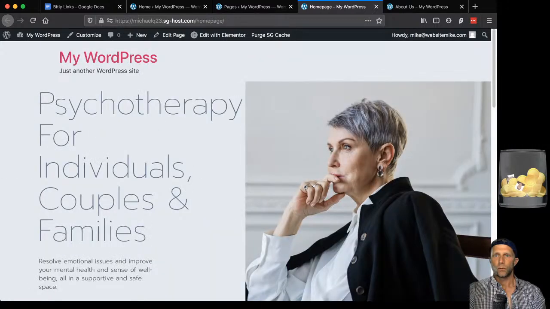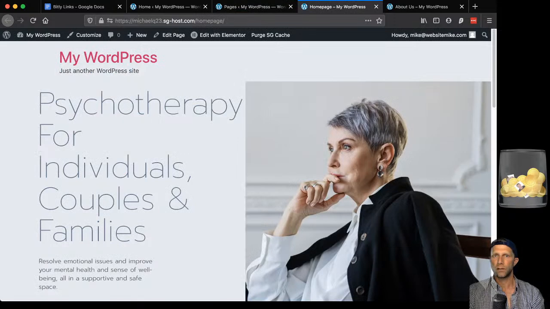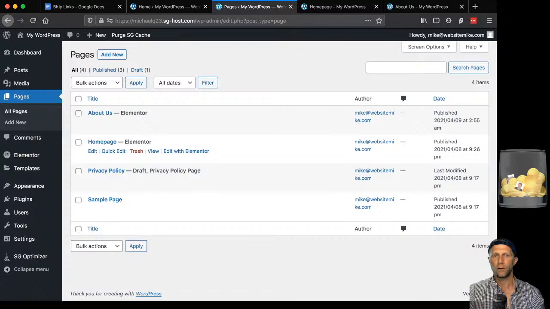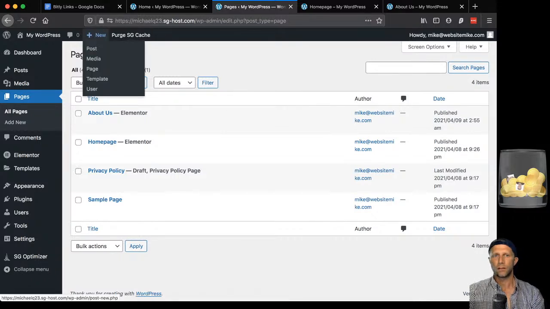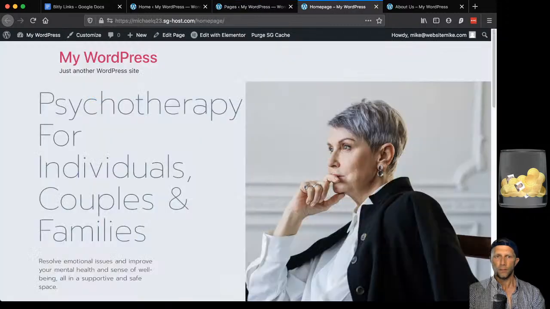So let's step back here into WordPress. This is the back end of WordPress, and this would be called the front end of WordPress, what people see, versus what the admin sees. So here I've clicked on pages. Here are different pages. If you want to add another page, you can just click add new here, or you can hover over the plus new button and then click page. They're equally effective. But what I want to do right now is show you how to tell